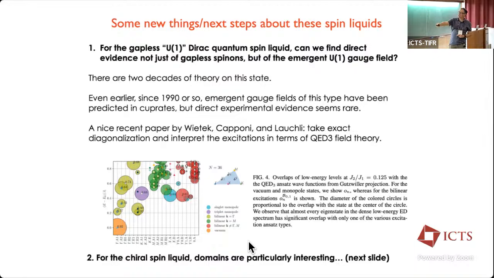Experimentally, we can't do exact diagonalization, but the hope would be that someday we'll figure out what in neutron scattering or transport or some other mechanism is coming not just from the spinon, but from the gauge field, because that gauge field has been a ghost or something we haven't yet found after 30 years or so, and maybe we're getting closer to that. Okay, so with that, now that I've talked about susceptibility in neutrons,